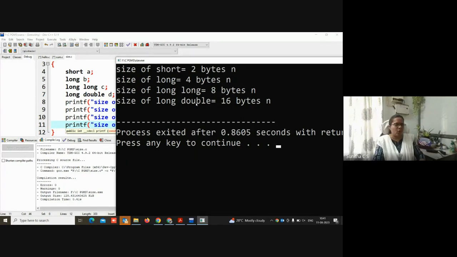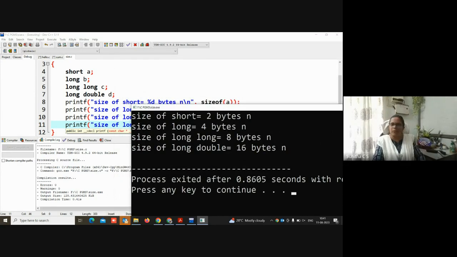And then the size of long double. Normally double is 8 bytes, and long double takes 16 bytes. So this sizeof function calculates how many bytes each of these data types is allocated in memory. Because when this program is executed, in order to store the values in the variables A, B, C, and D, the variables should have some memory, and the size of the memory is decided by the data type I gave for them.